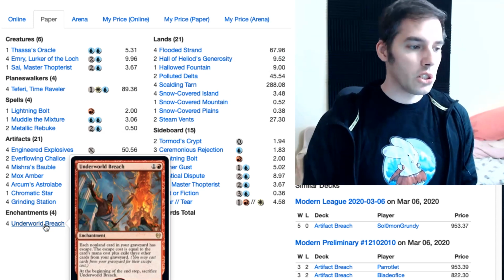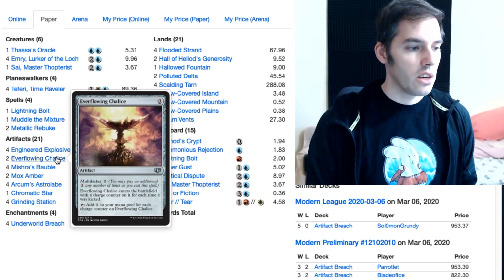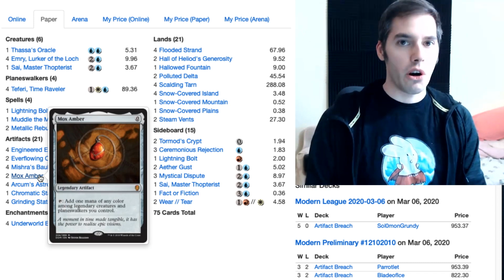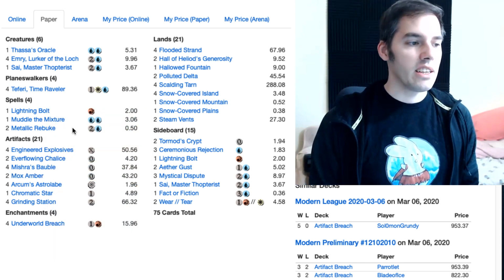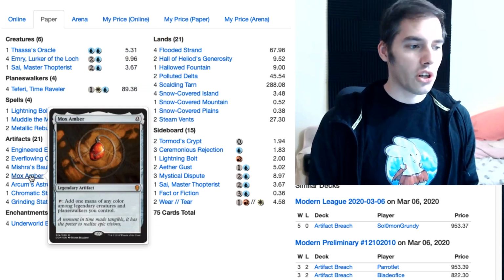And how do you keep this loop going? Well, you can do it with the 0 mana cards, like Everflowing Chalice, Mishra's Bauble, Mox Amber. You pay 0 and keep grinding cards into your graveyard to keep fueling the Underworld Breach. And once you have a legendary creature in play, say Emry, now you can start floating mana